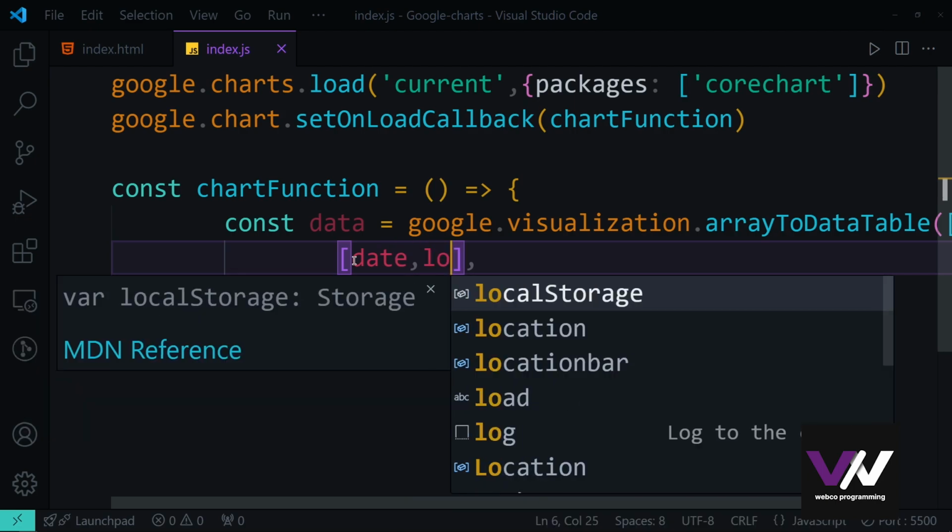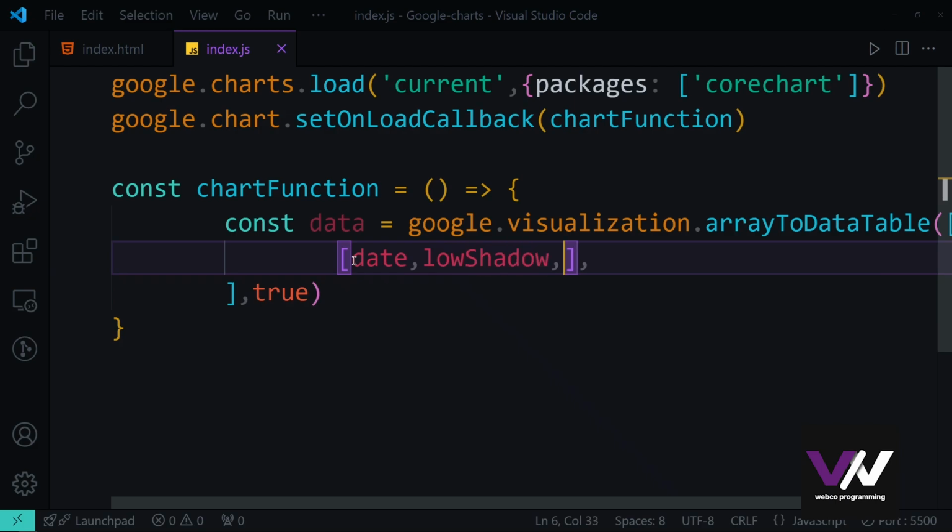Then we're going to have our low shadow. After this, the opening price. And after this, we have this close price. And at the last, we have this high shadow. For example, here, if we want to say our candle is for a day, we can say that this is